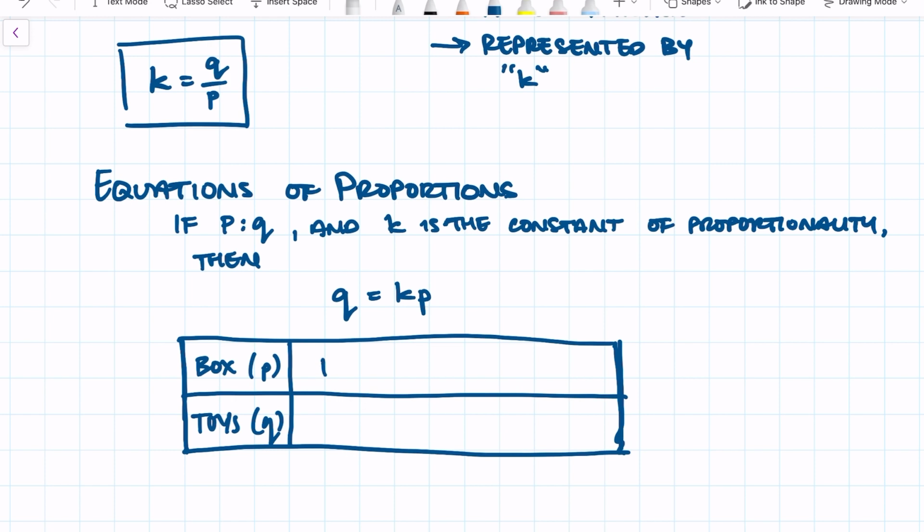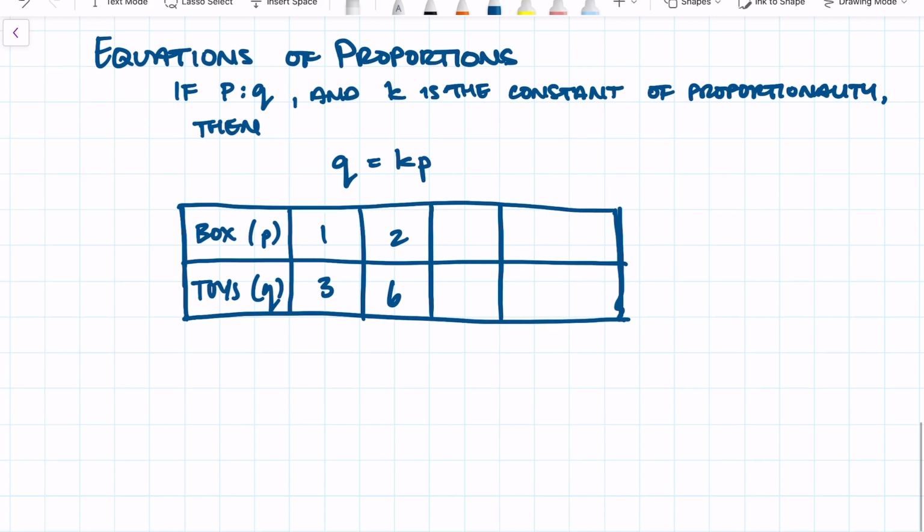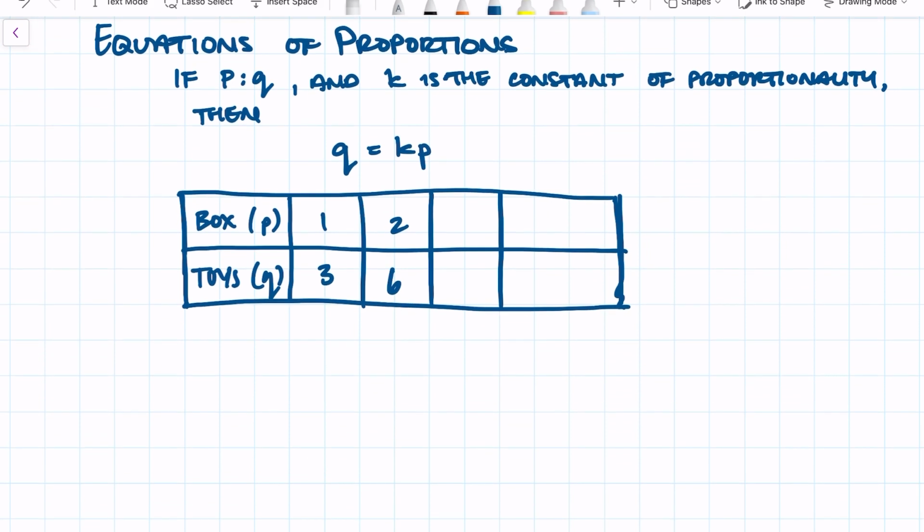Now let's say that for each one box I could put 3 toys in there. If I were to continue this on, and let's say we're going to add up to 4 different things, then first of all, to confirm this, if there are 2 boxes, let's see how many toys. Oh, it looks like we're able to fit 6 in there. So now, how do we turn this into something useful, or what is this equation going to be? To find the equation,